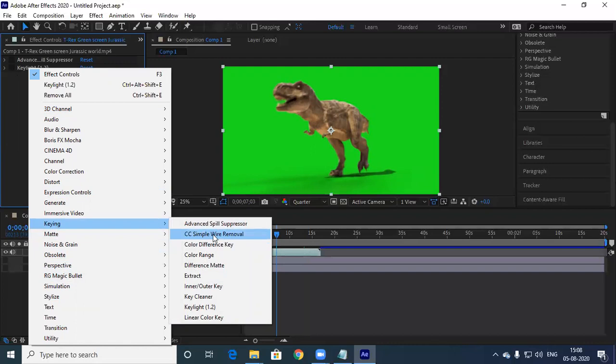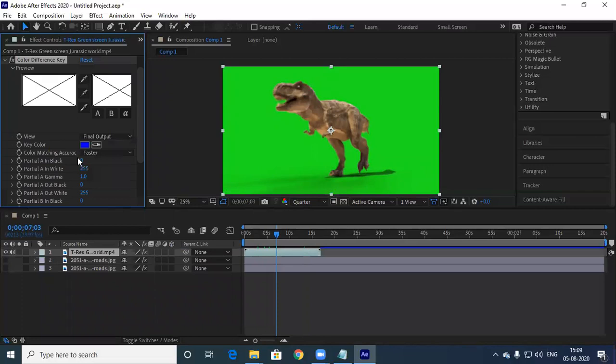Okay, wire removal is another task that we will see. Normally in the action sequence and all, a character or hero jumps from one place to another, or in the same place he'll perform a certain action while jumping, some extreme moves. For those things, a wire will be placed or tied on the character. When the person jumps, with the pull of the wire only, he'll move. So we can remove those wires. That's called wire removal. We will see that separately in the next class. Wire removal itself takes one session.